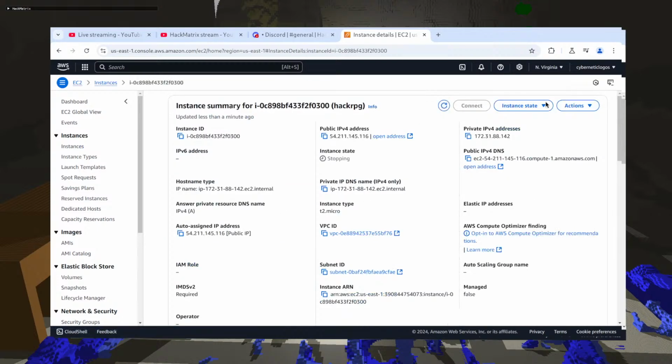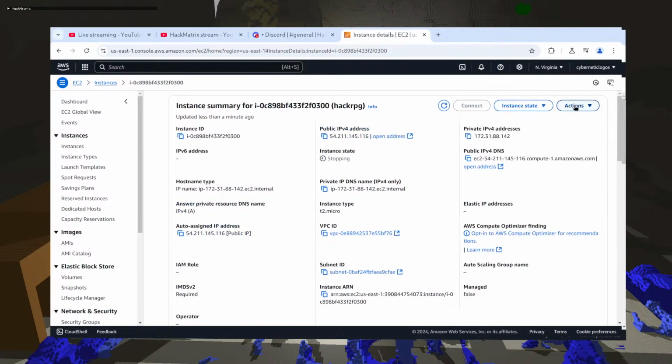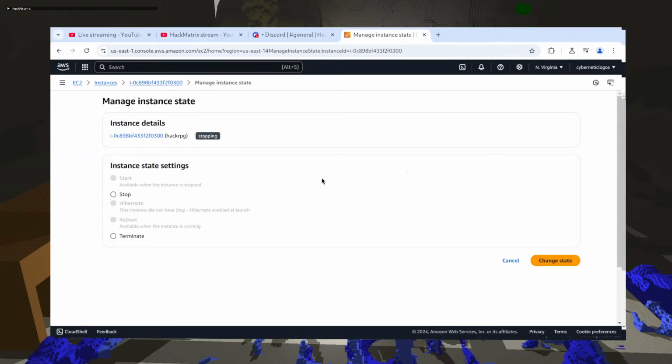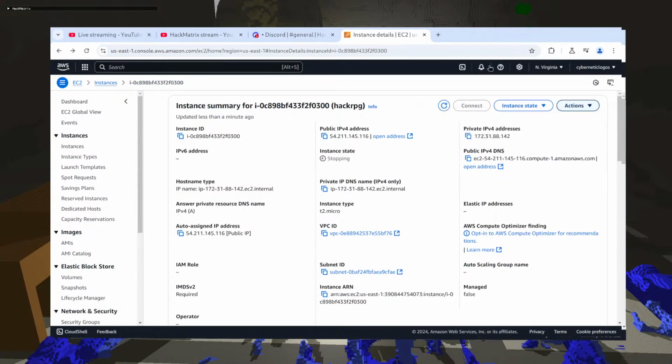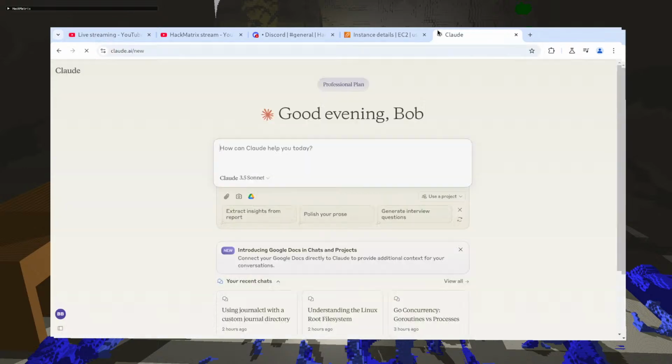And it's likely that I can't. I don't need the instance state here. What I should do is ask Claude,